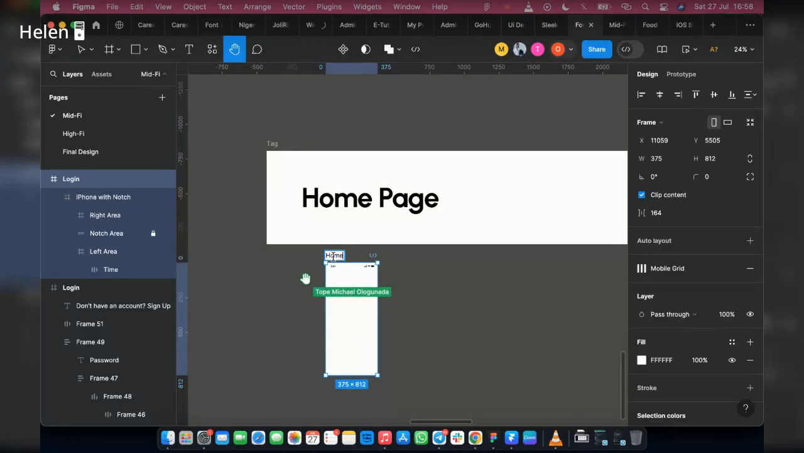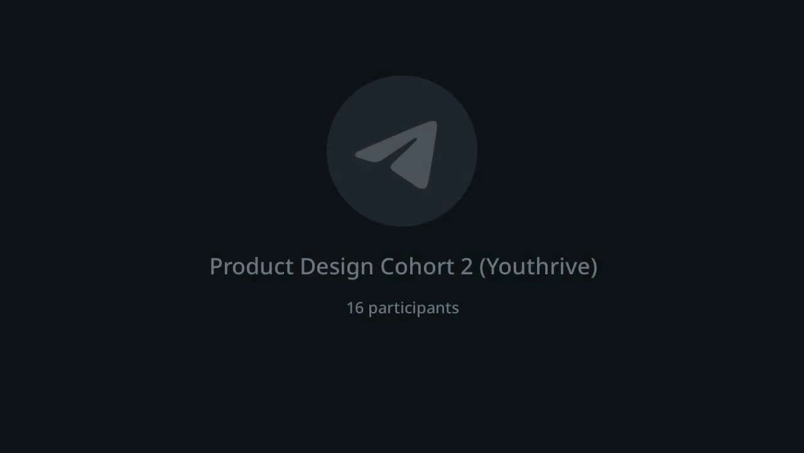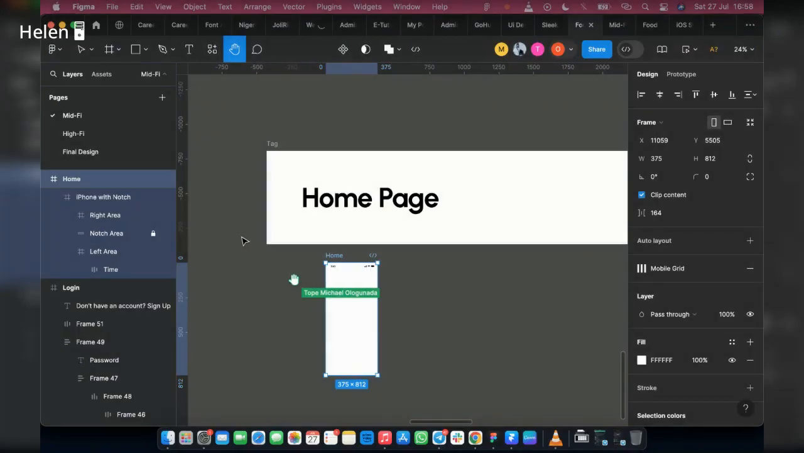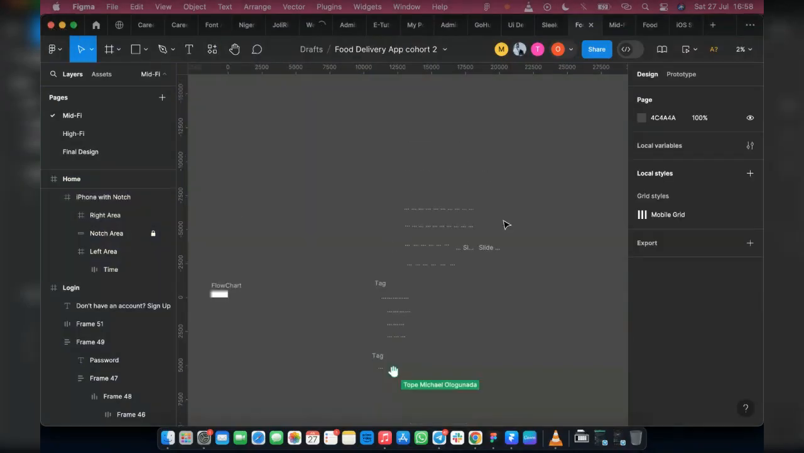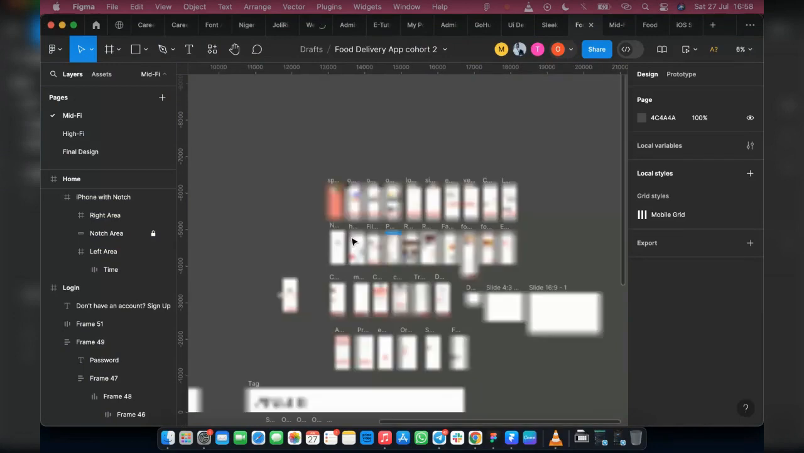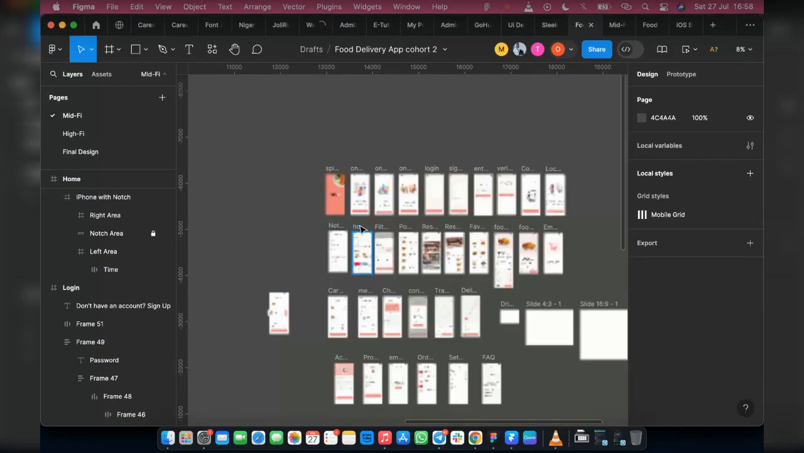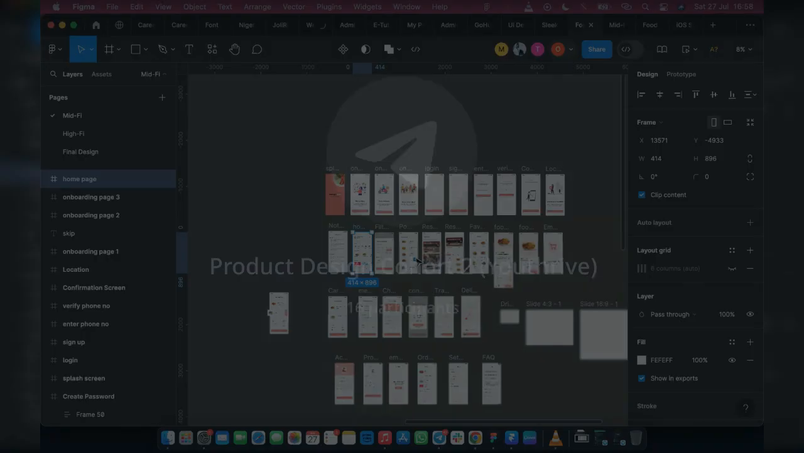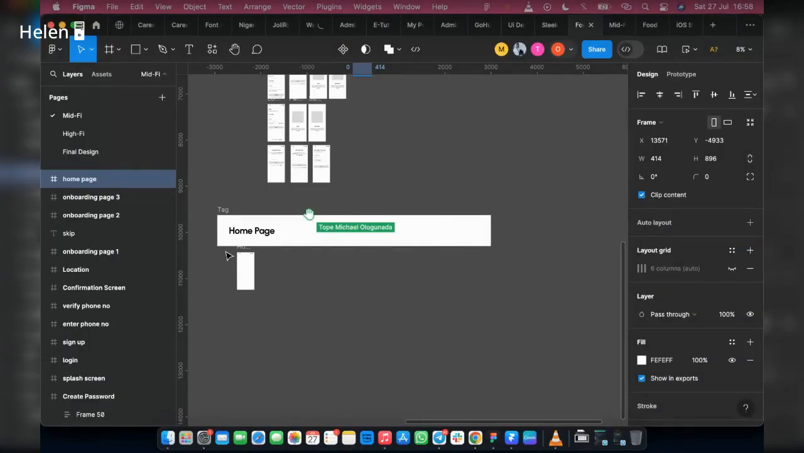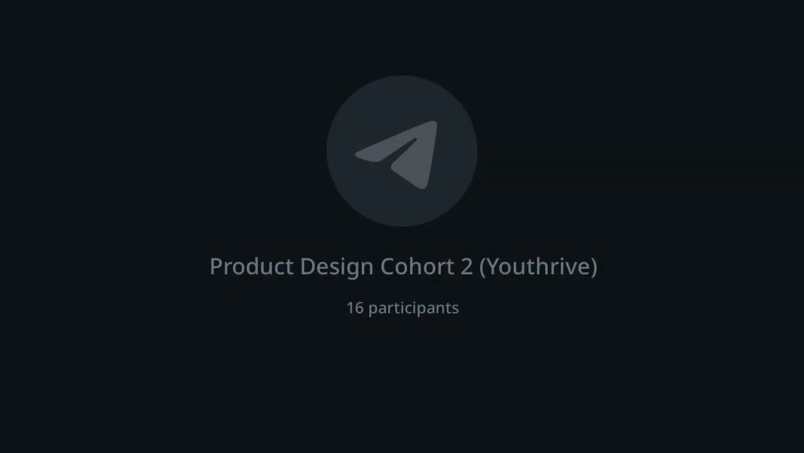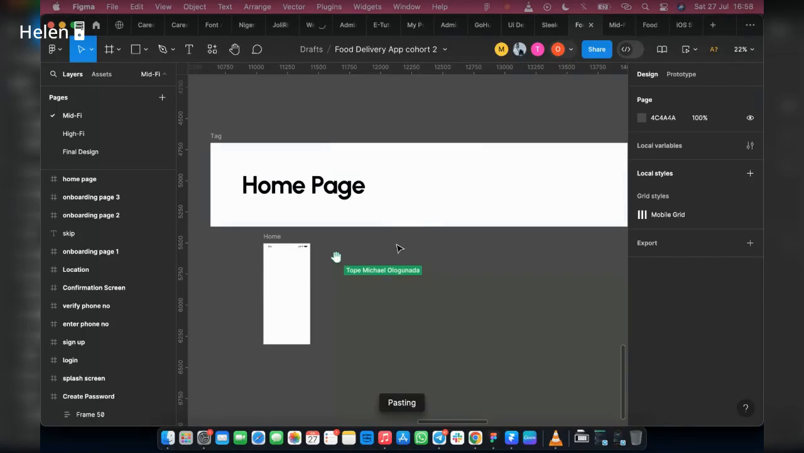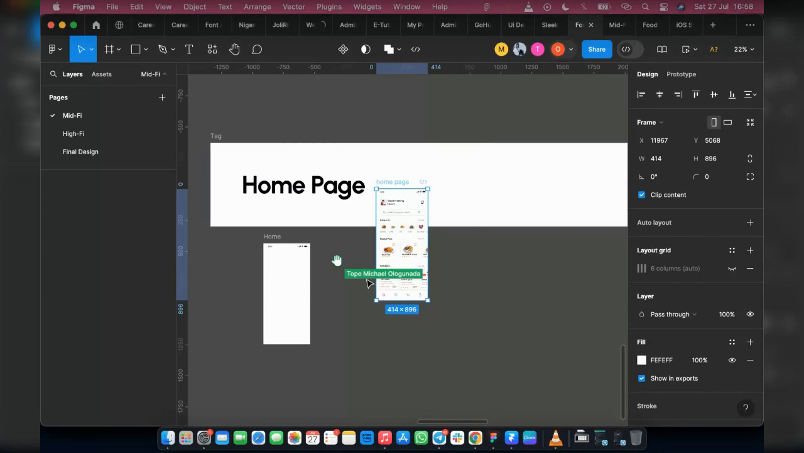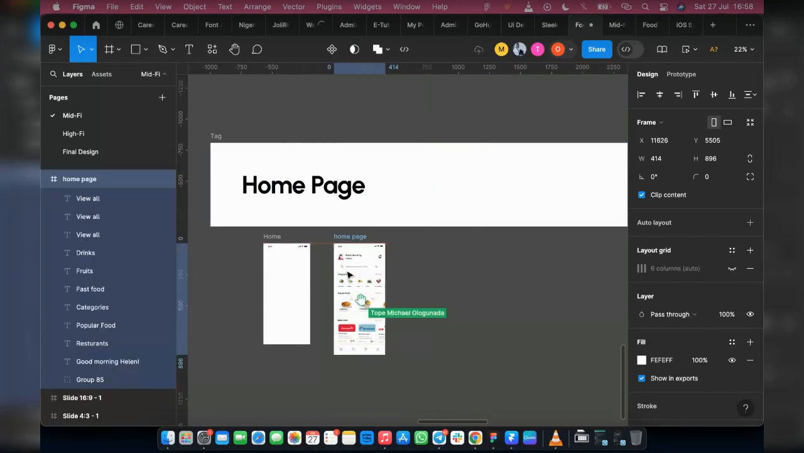So I'm going to go back to my inspiration. Where is the home page? This is the home page. I'm going to copy it and paste it. So I'm designing this, I'm going to replicate this design here, but ours is going to be in mid-fidelity. So I'm going to create my